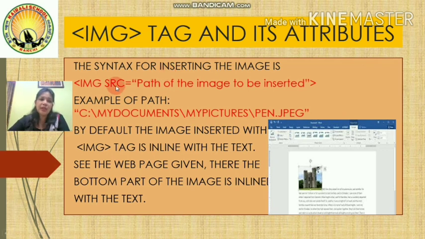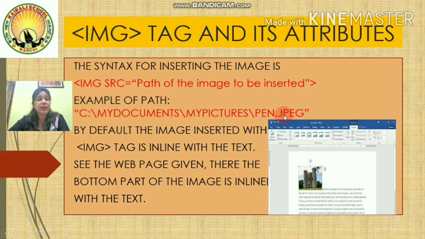Here the attribute of the img tag is src. src stands for source, meaning where the file is located. An example of a path I have shown here. Suppose the file is in C drive, My Documents, My Pictures, and the name of the file is pen, and the extension is JPEG. So the whole path will be C drive, My Documents, My Pictures, pen.jpeg.